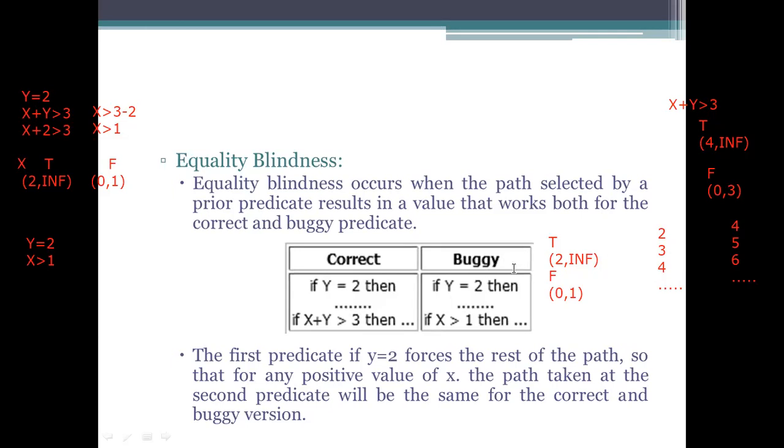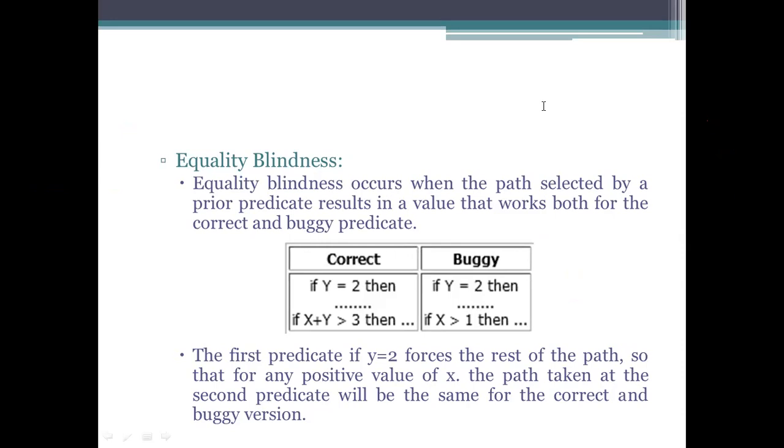By that interpretation, you can't say that the value should be greater than 1, the value should be processing 1. If it is specifying that the x value should be greater than 1, then individually you are taking the x value and then the y value. What happens here is, it is not specifying that the output should start with the input 2. The output should start with the input 4 for the true value. Whenever you are taking 0, 1, 2, 3, it is not executing for the process. The false values we are using for the processing are also included in this one, and you are achieving this output twice by using the wrong values here. That is equality blindness.